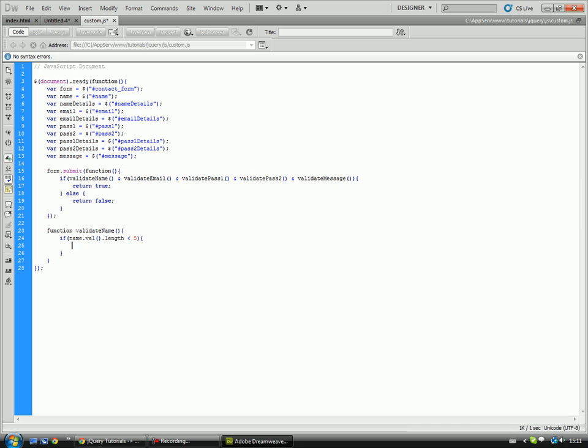Right, what this does is it says, this is to check if it's not valid, by the way, this bit. If the value of the input field name is less than 5 characters long, then what we need to do is create the error. So name dot